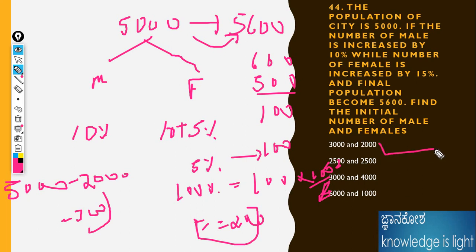See, here also from the options we can predict. The total population is 5,000. Then if we add those numbers, it is not at all coming to 6,000 or 7,000. It is not at all an option. Here it is not at all 2,000, 2,000. That should be possible from these two options. Definitely one could be the answer. Just solve it, and if you got one answer, definitely no need of doing the second. Just click it down. Anyway, you got the first answer is correct. Like that we need to do for any competitive exam, or else the option method is the best practice if you know the methods. That means practice is a very important thing for these kinds of problems.